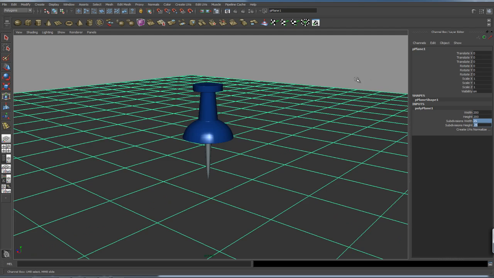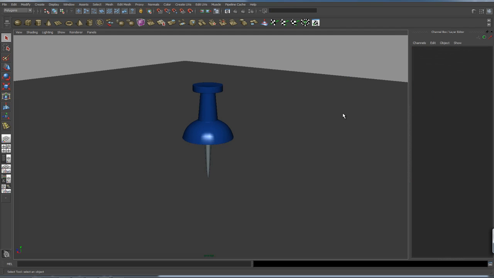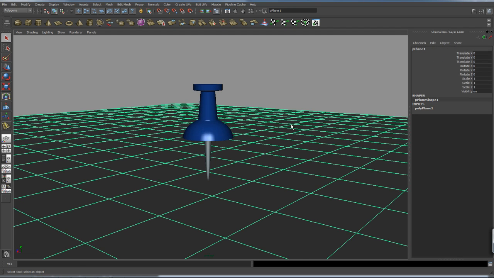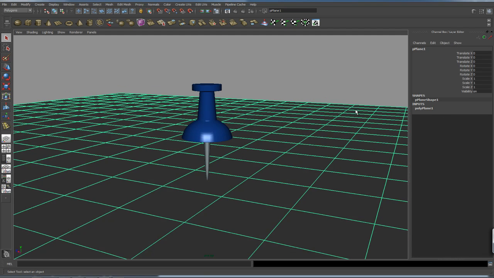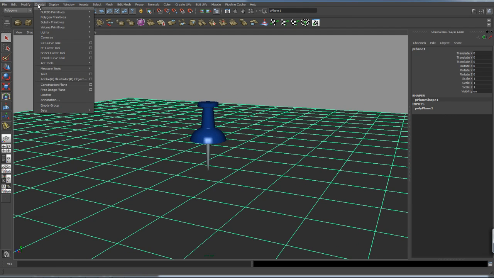Maybe a couple of divisions. I've gotten into the habit of using a lot of divisions on the ground for different displacement or perturbation effects. No other reason really. Although divisions would make the shadow map shadows show up a little bit better. Let's prove that. Under lights,